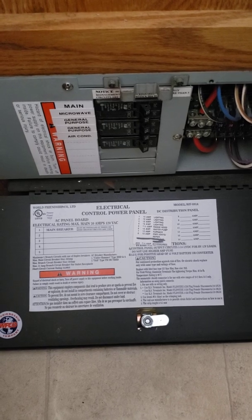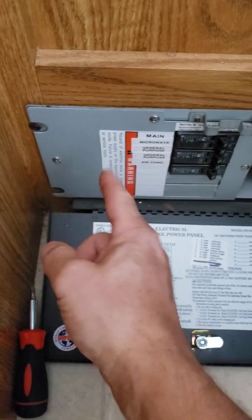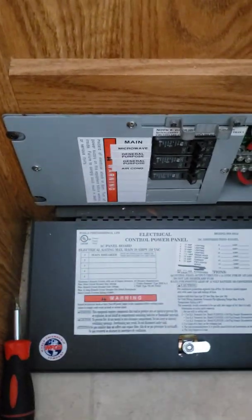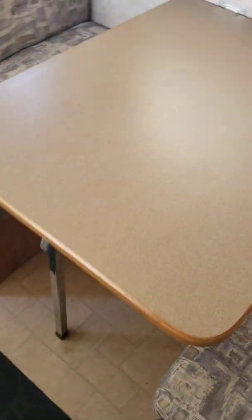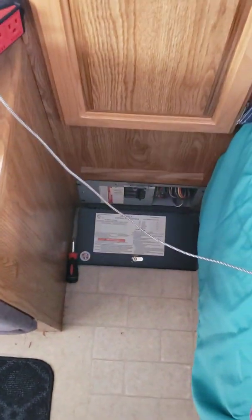screwed the end of that. There's little screws that you screw down onto the wire. So I put the wire up the hole, and then I screwed it down so it was in there tight. And then I went and I plugged the power back in, turned all the breakers back on, and that did it. So it could be just a real simple, well, in this case, it was a real simple ground wire that wasn't hooked up to the ground bus, which was probably the easiest thing it could have been,